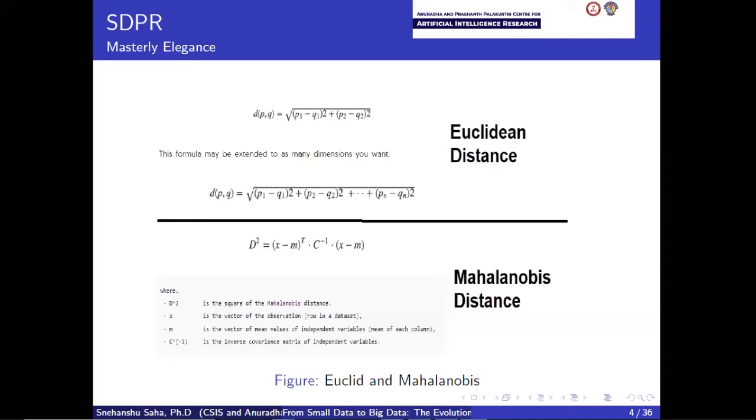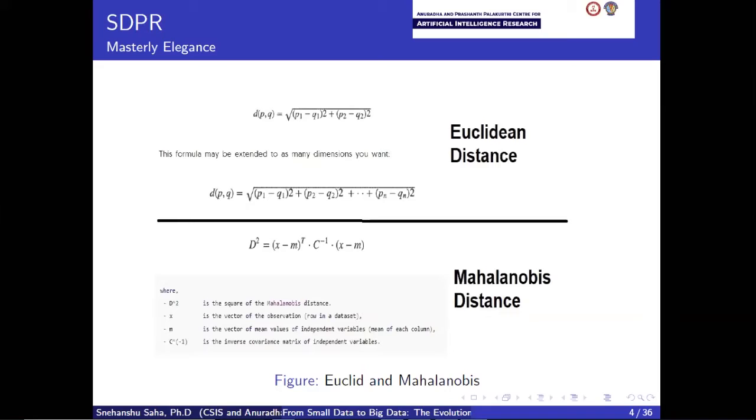Let's see how what he has presented solves the problem. You see the first term on the right hand side, which is x minus m, is essentially the distance of the vector from the average of the data points. And then there is the C inverse. This C inverse can be interpreted in different ways. The way I interpret this is that it's a covariance matrix, so x minus m, you are dividing by the covariance matrix. Now the question is, why are you doing this? What is the effect of dividing by the covariance?